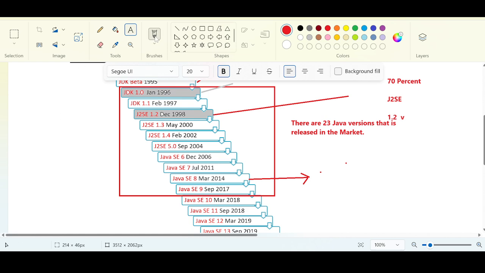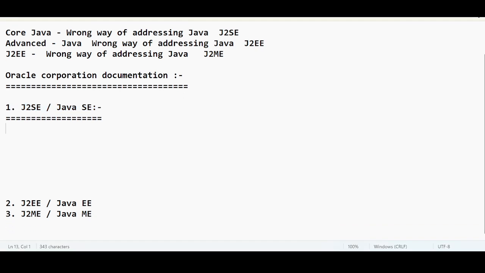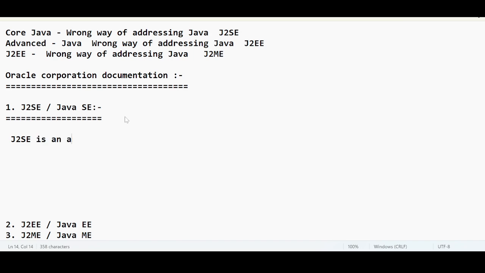That is why in every acronym they have included the number 2, as in J2SE. The 2 gives the significance because the majority of the Java programming language was introduced in the 1.2 version. So they thought, let us keep the 2 like this to give some importance. Apart from this, nothing. So J2SE is an acronym.